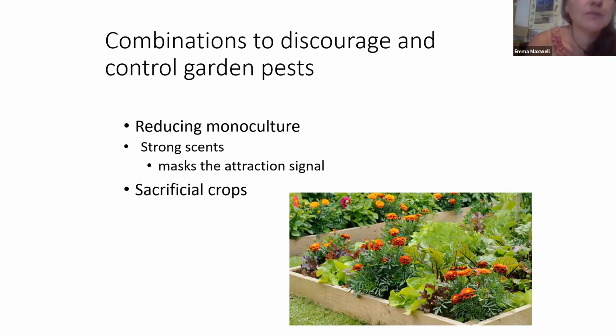So the idea of companion planting is it can look beautiful, but the main advantage is it discourages a lot of the garden pests. So it's reducing the monoculture, and I've talked a lot today about plant families and rotation and grouping things together and things like that. And that is creating a monoculture, which pests love because they hone in on that one crop, that smell. And in a way, we want to avoid that monoculture. And companion plants can help us do that by mixing things up a bit, adding different plants in there. So we can pick strong scented plants which will mask the smell. So like I was saying with the carrots and carrot root fly and brassicas,